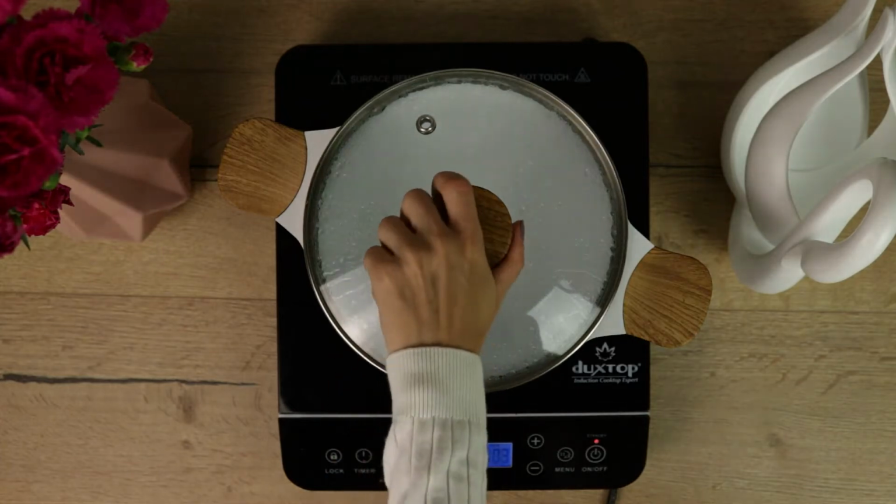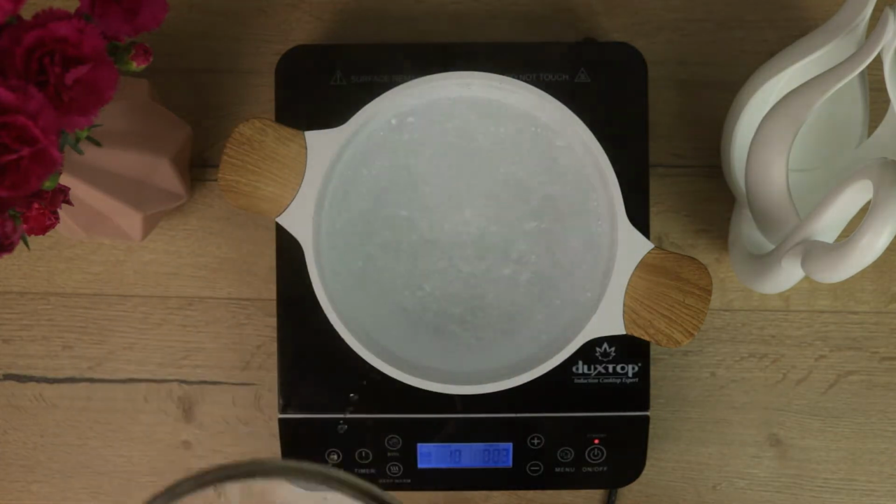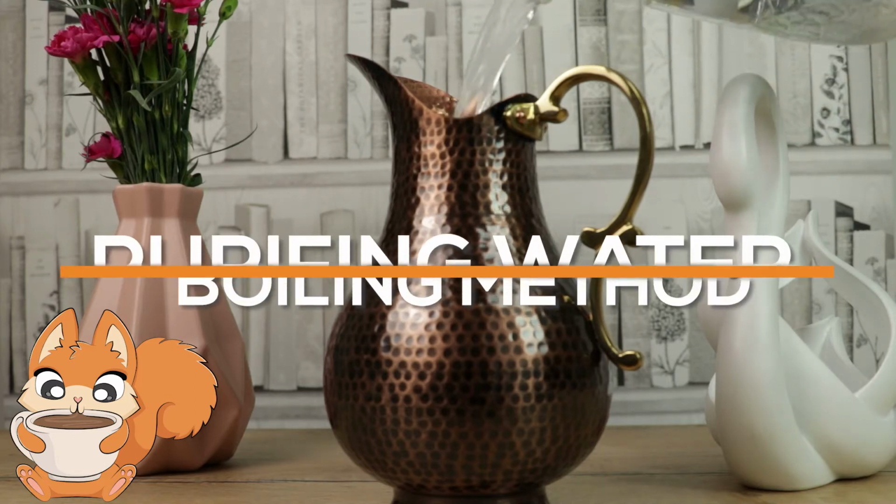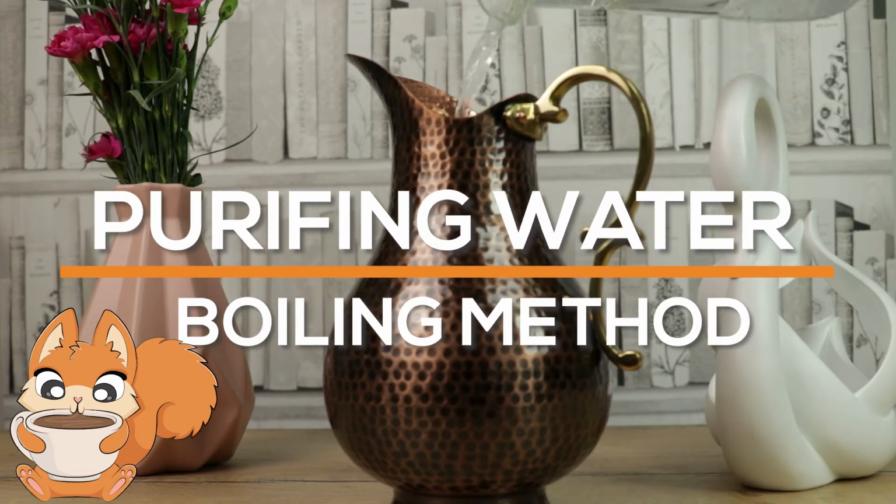Hi everyone! Did you just come back from the supermarket with empty bottles? Let's see how you can purify your tap water with the boiling method, which is the simplest method to ensure harmful